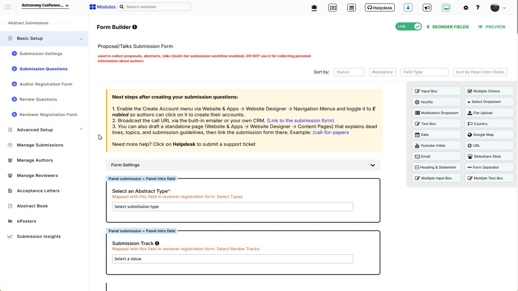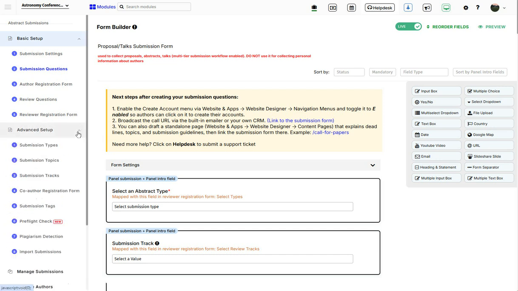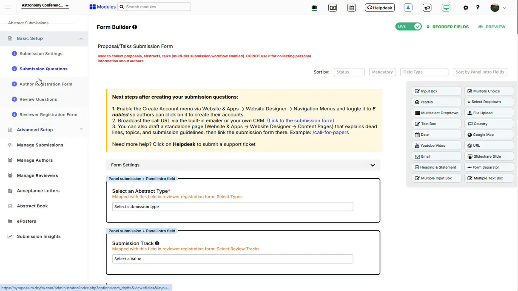But if you have submission types and topics, you should first go to types and topics to create all your types and topics first, and then come back to submission questions. If you are not going to use them, you can simply create your questions and then proceed to the author